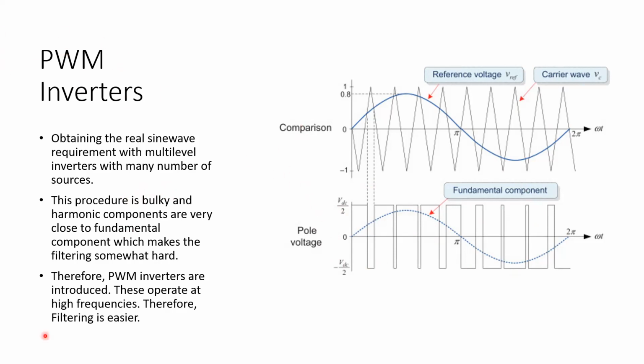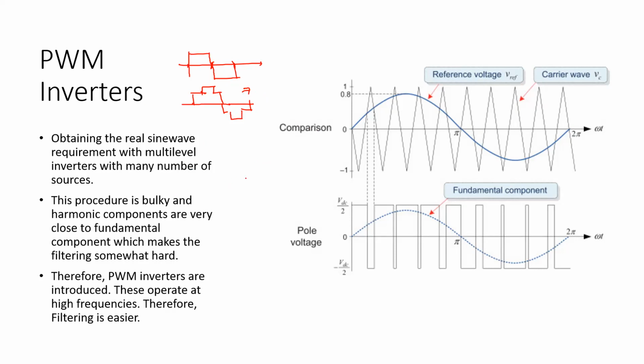So what we do is, you remember earlier we switched them very slowly. Our switching frequency is very slow. If you take a square wave inverter, we only switch once per cycle. If you take multi-level inverters, you switch more, like if it is 5 level, how many times? 1, 2, 3, 4, 5, 6, I think 7. You switch 7 times per cycle.